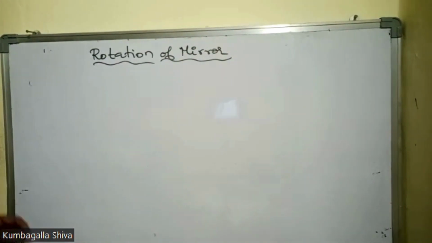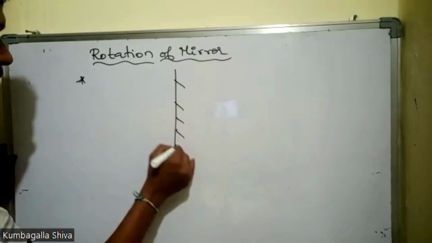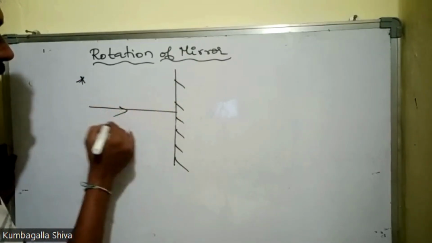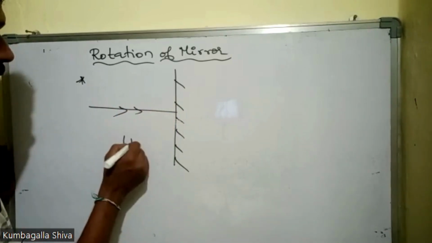What do I see? Generally, make a note that the incident ray is incident normally, making a normal. Then you say angle of incidence is equal to